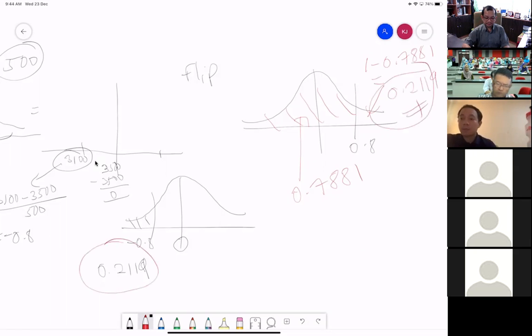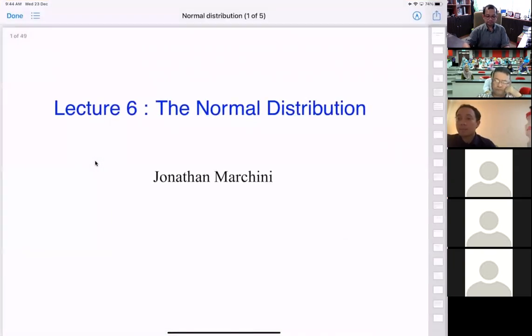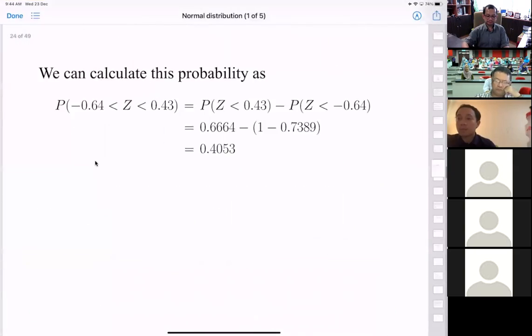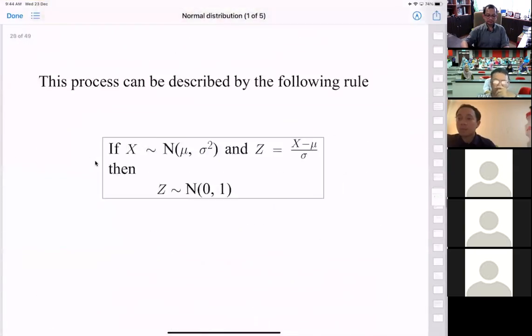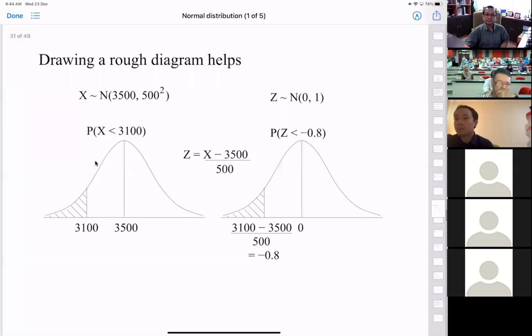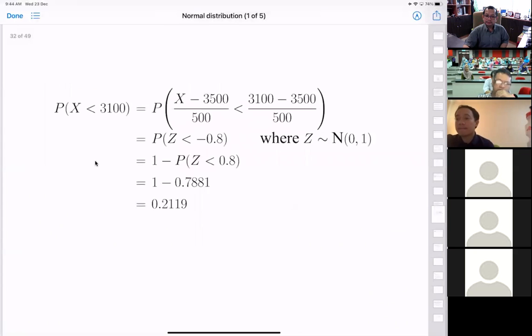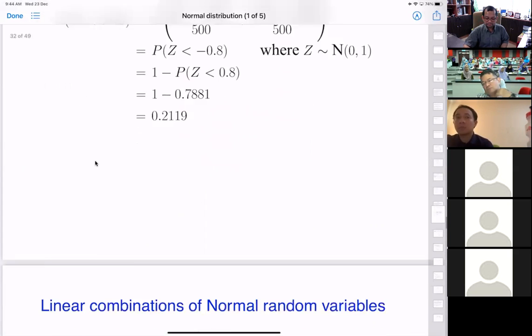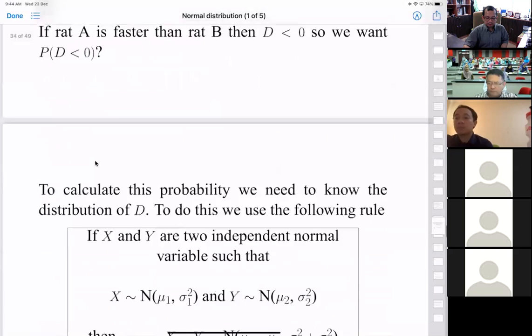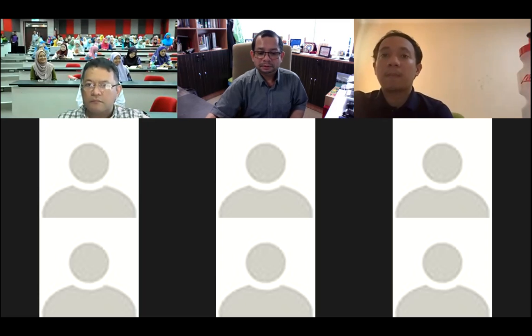So that is the probability that this baby is born with less than 3,100 gram. We calculate with this approach, with this method. We got the answer 0.2119, so it is 21.19%. So that's all for